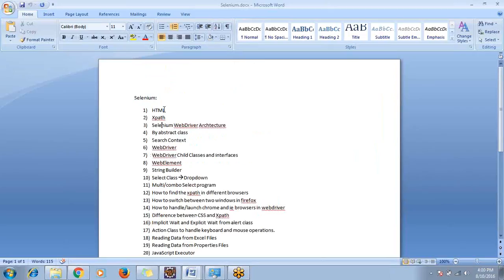HTML, XPath, Selenium, WebDriver Architecture, abstract class, SearchContext, WebDriver child classes and interfaces, WebElement, StringBuilder, Select class, dropdown, multi/combo select program, how to find the XPath in different browsers, how to switch between two windows in Firefox, how to launch Chrome and AI browsers in WebDriver, difference between CSS and XPath, implicit wait and explicit wait